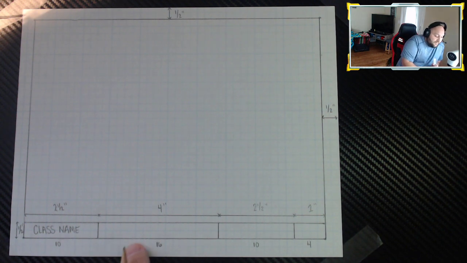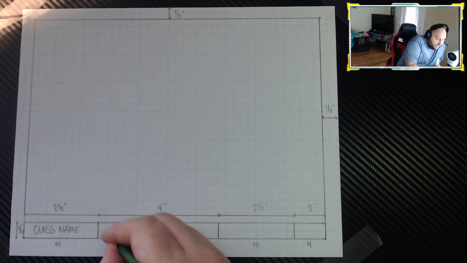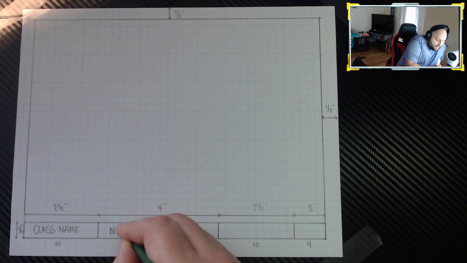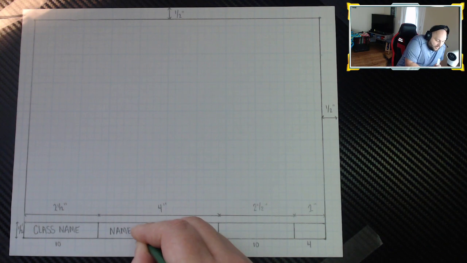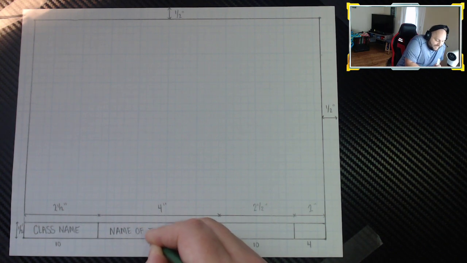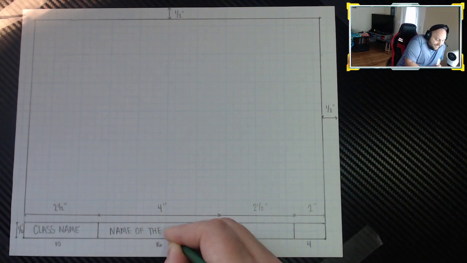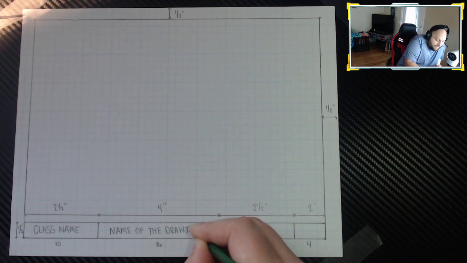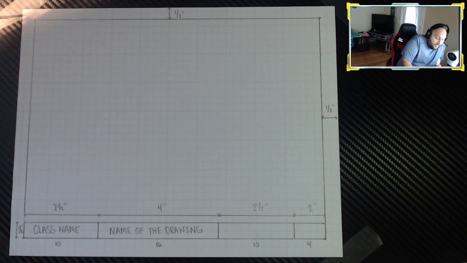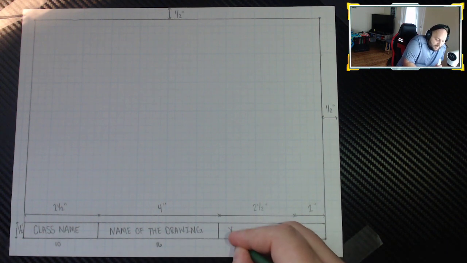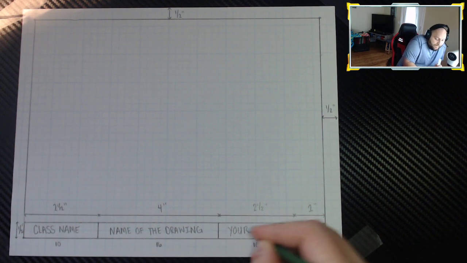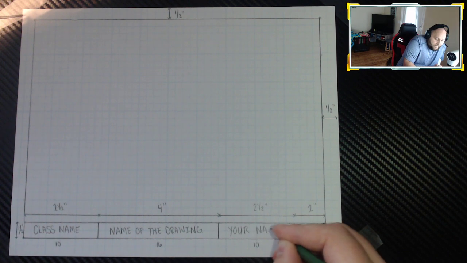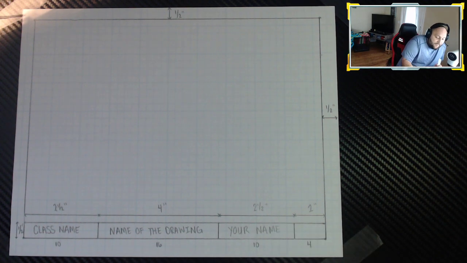All right, our second block here, the 4-inch block, is the name of the drawing. Name of the drawing. All right, third block is your name. And the fourth block